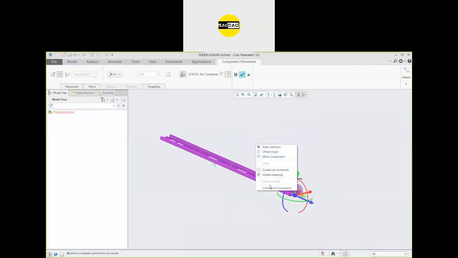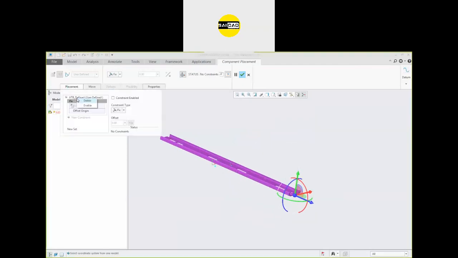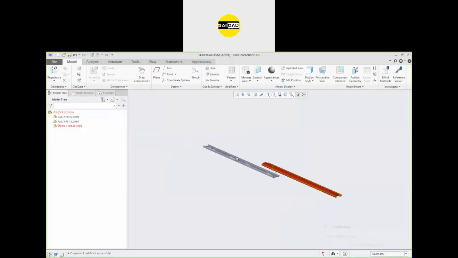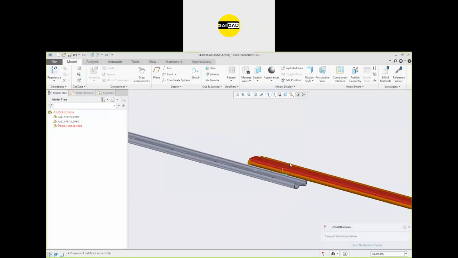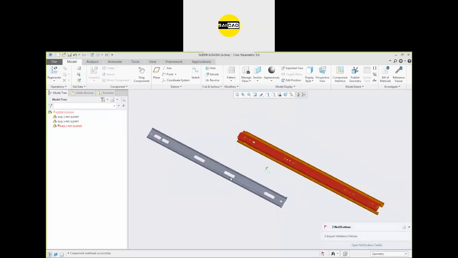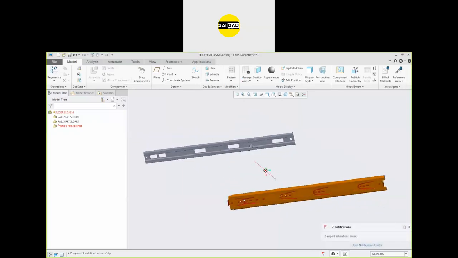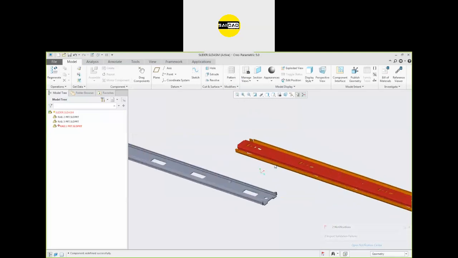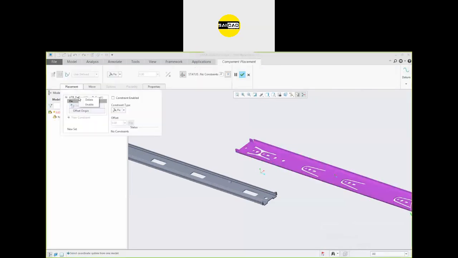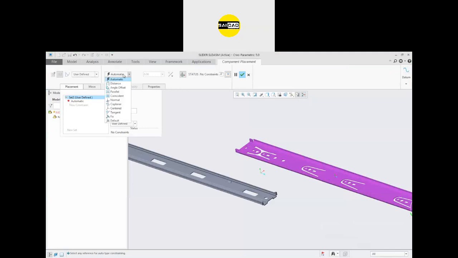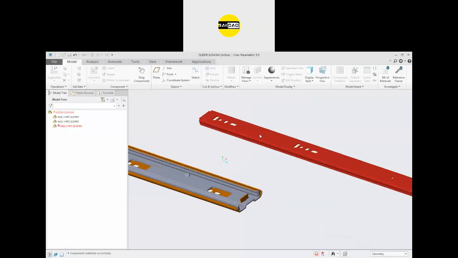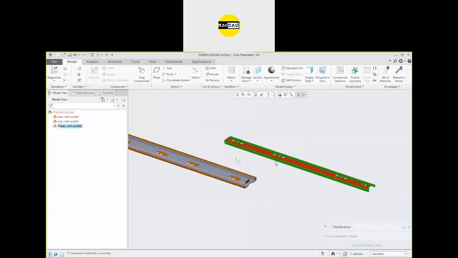I want to make this component fixed. So go to the relation, default constraint, click OK. Here is the component. Next, I'm going to define that the second component is on this one. Okay, so the fixed component should be this one, slider 2. So edit, delete. So this component should be fixed. This component should be this one, and this component will be applied on this one.